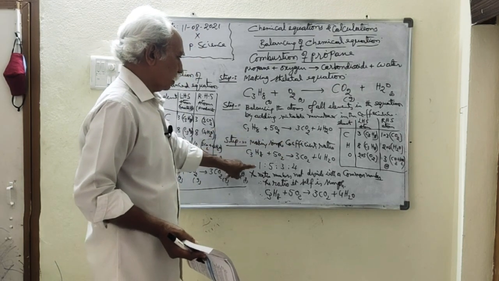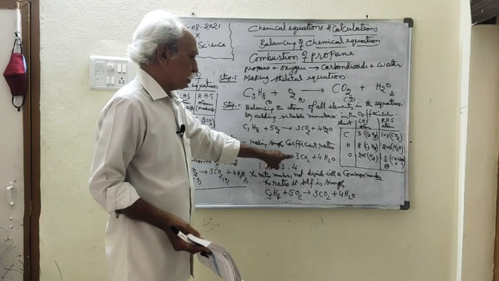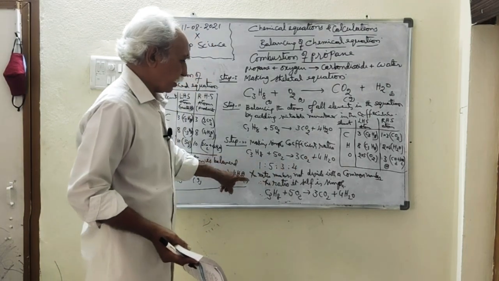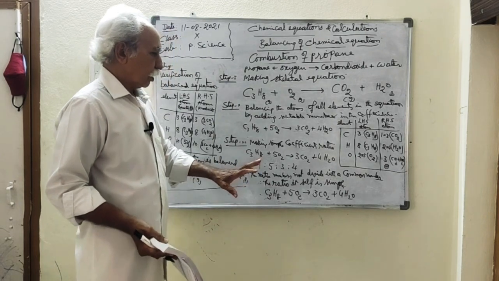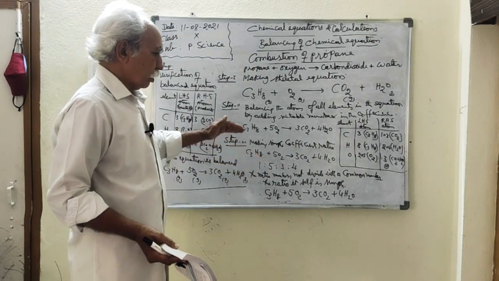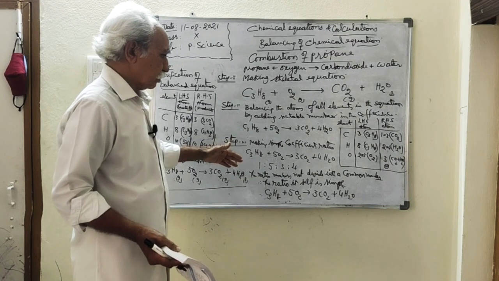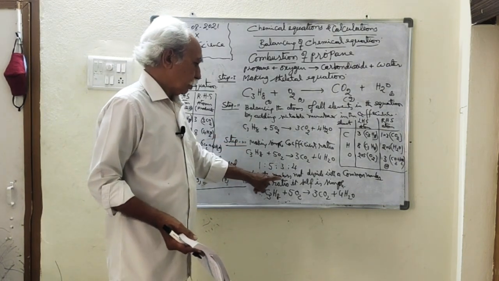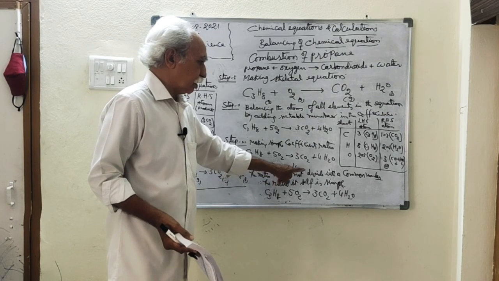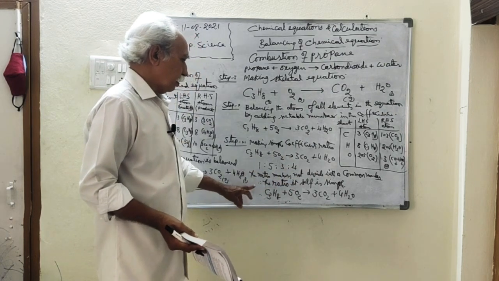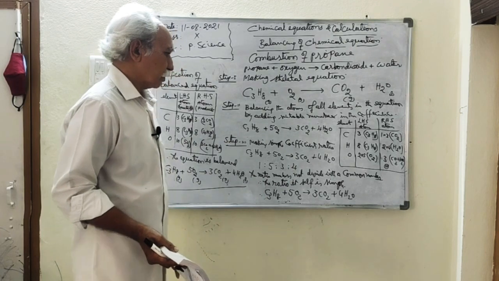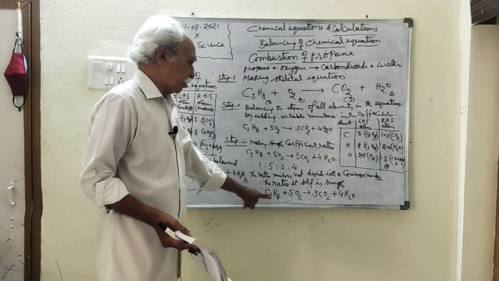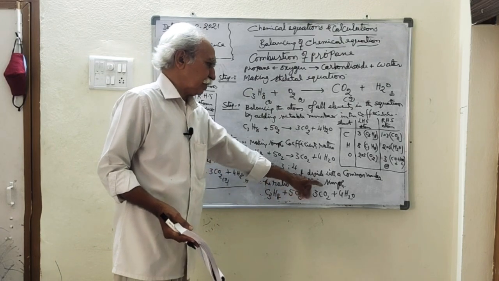Low number means 1, 5 is to 3 is to 4, 1 is to 5 is to 3 is to 4. Here in this case, a common number does not divide all the numbers. So therefore, the ratio numbers are not divided with a common number. So the ratio itself is a simple ratio. So therefore C3H8 plus 5O2 gives 3CO2 plus 4H2O.